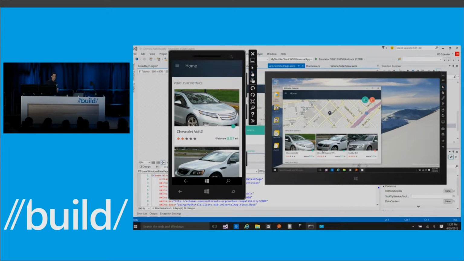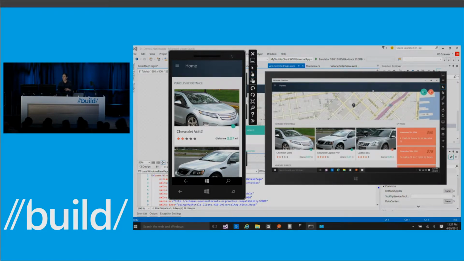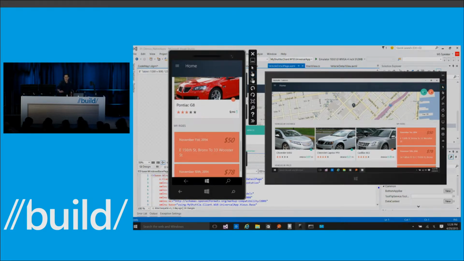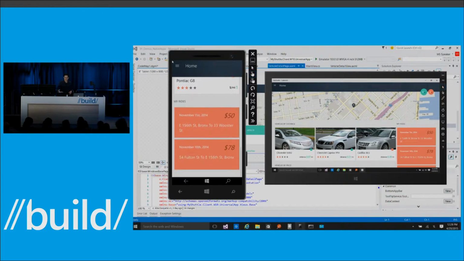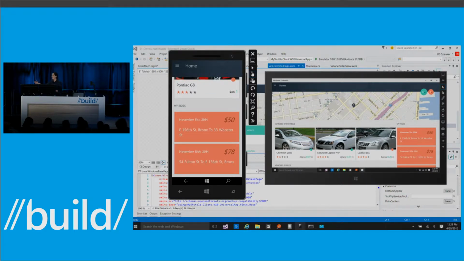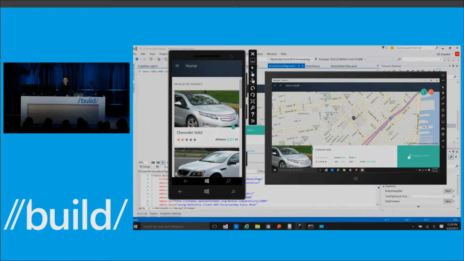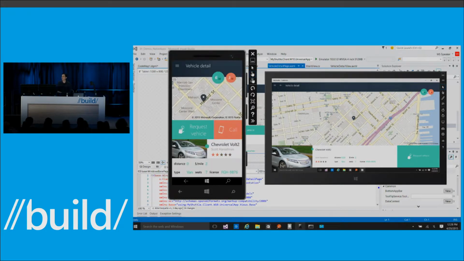As you have seen previously, in Windows 10, all applications, including modern applications, are windowed. So this will start initially in a windowed mode, but I can make it go full screen. And as you can see here, one of the benefits of developing on a touch device is I can actually use my finger to scroll to the bottom of the available cars, and I can see the My Rides tab that is on the tablet view. It's actually on the right-hand side. And then if I select this, you can see what the vehicle detail view looks like, and you can see what it looks like in the phone.